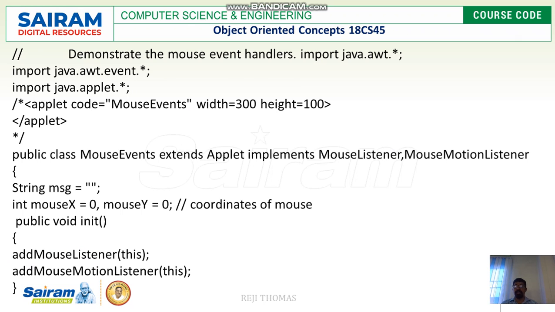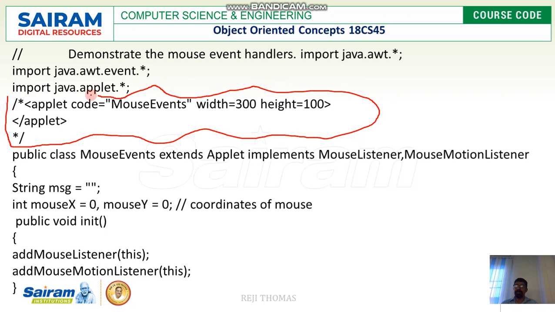So let us see a small example for that. Where you can find an applet. As I told before, an applet is a small, tiny Java program which does not have a main method, which we could download and run on any machine. Here width and height determine the size of the applet viewer. So this is the applet code.